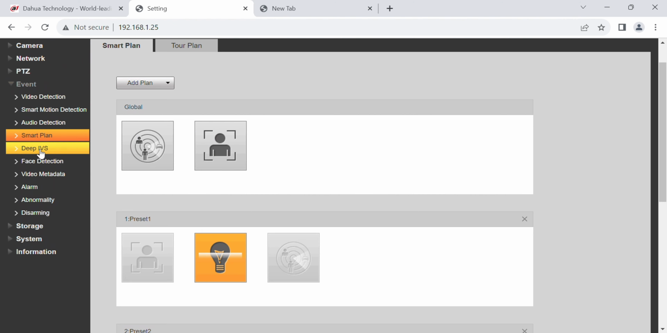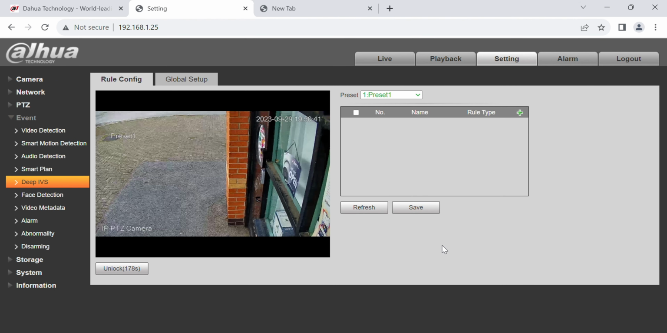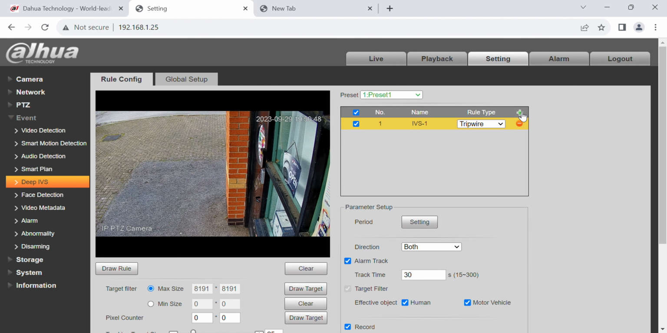Now going to deep IVS. From deep IVS, in here the preset 1, 2, 3, and you put it on preset 1, click on the plus sign, and from here you can change it to intrusion, and click on draw rule, and from here we can draw. That's the area I want to detect, and then